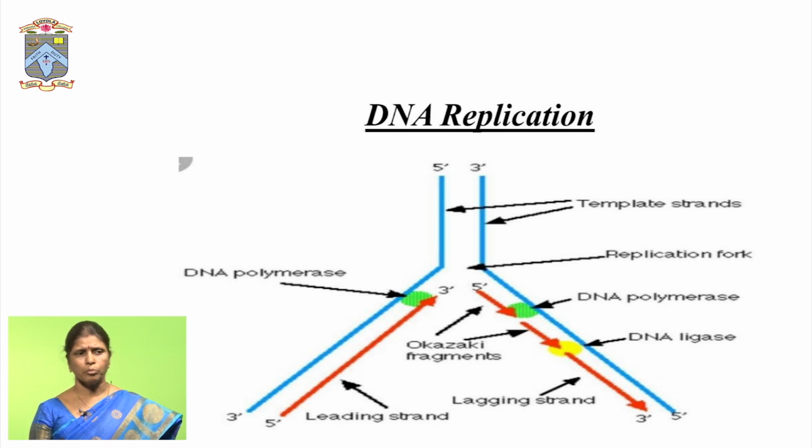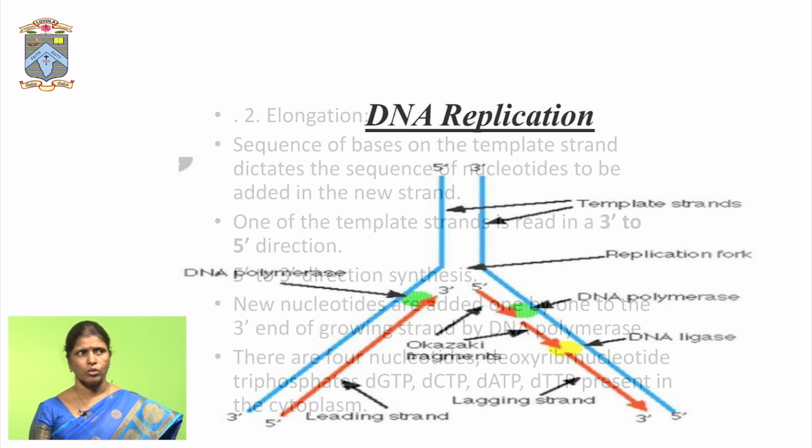But the other parental strand, that is in the 3' to 5' direction, as mentioned, is being copied in fragment forms. These fragments are called Okazaki fragments, and these fragments are also synthesized in the same direction, that is 5' to 3' direction only. So, let us see the